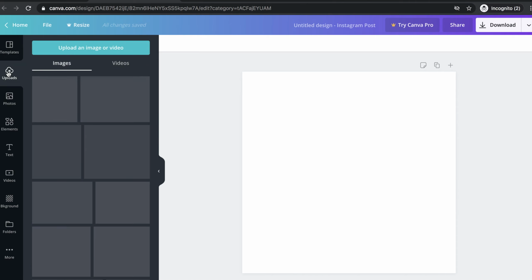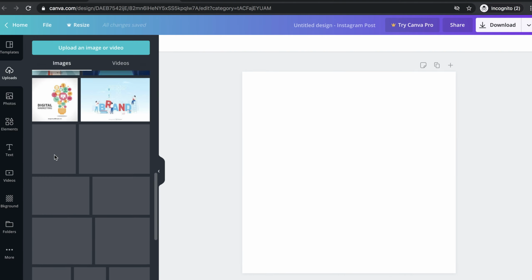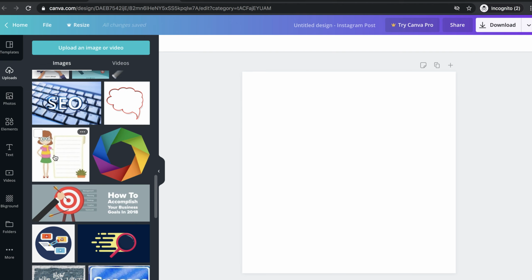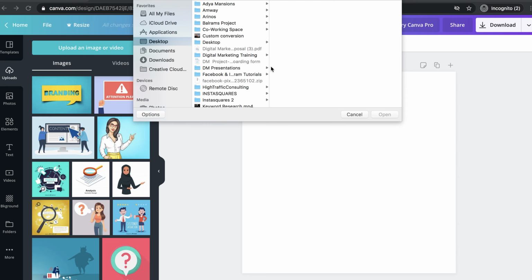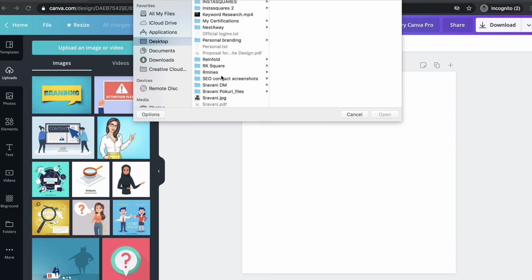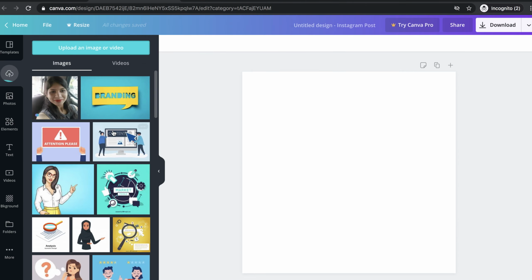Okay, uploads. You can upload your own images if you would like to use them. See how many images I have uploaded to my feed. So you can make use of it. Simply, you can download the images from Google and upload them from your laptop here by clicking on the upload an image button. If you have any images ready, you can make use of them. And just for the showing purpose, I am clicking on the image available here and clicking on open. It will be available. If you don't want to keep it in your feed, you just delete it.